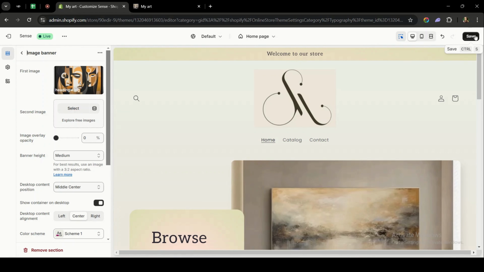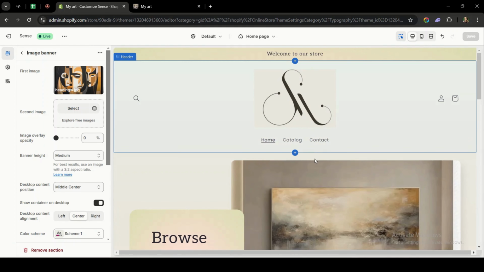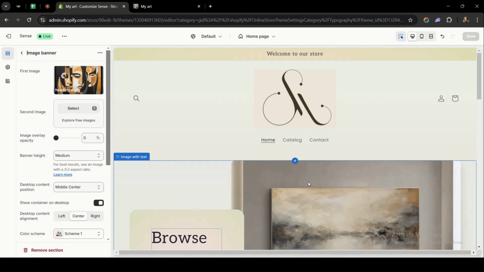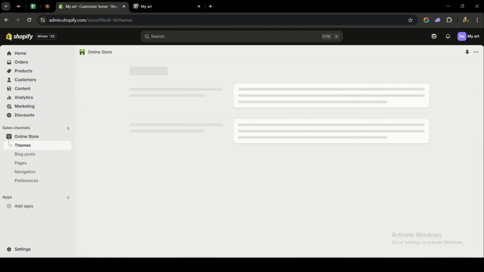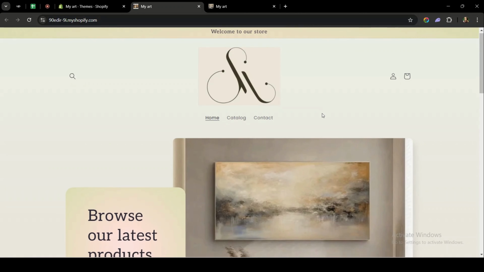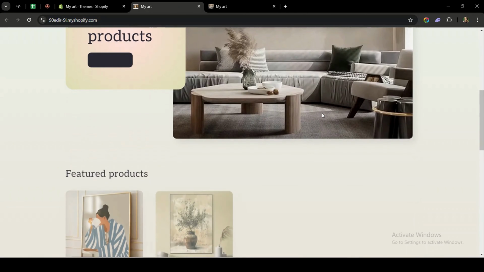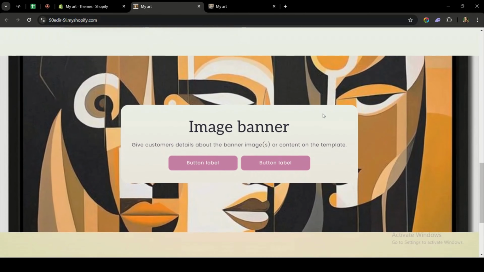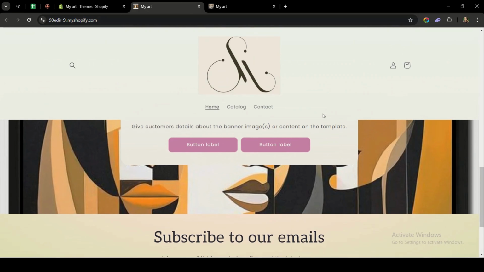And once you're done, you can click on Save on the right top side of your screen, and that will have your website customized successfully. To review the customized website, you can select on Exit on the left top side of your screen. And with that, you can proceed to view your store by clicking on View Store. And here we go. So this is the customized website that we had been working on,